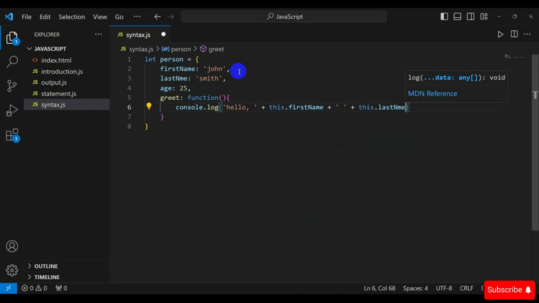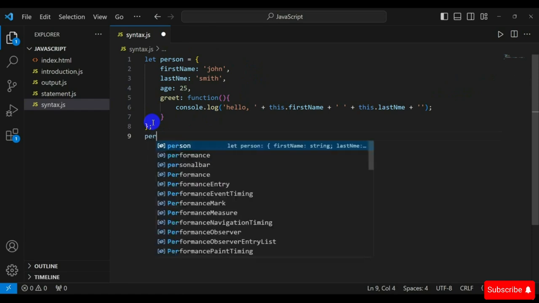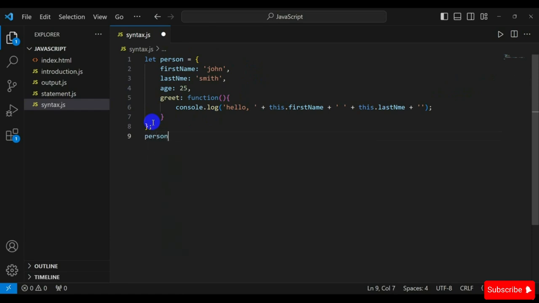name, plus a single quotation, and then semicolon. And call person.grade method, person.grade(). So in this code for JavaScript syntax, we have an object, person, with